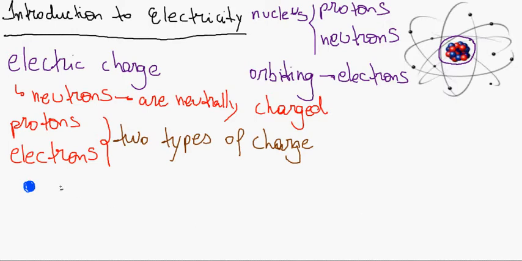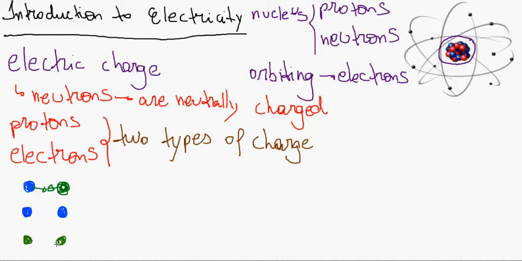It was observed in experiments that if we put different charges together, they attract each other. But if we put the same type of charge together, of one type or the other type, but equal to each other,